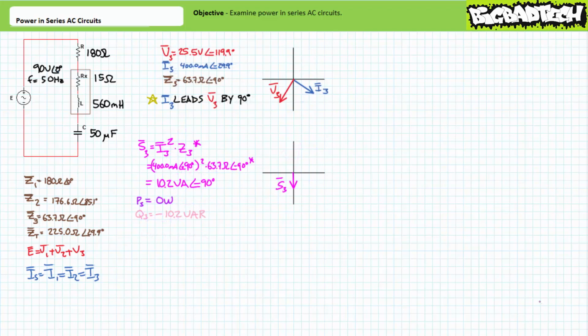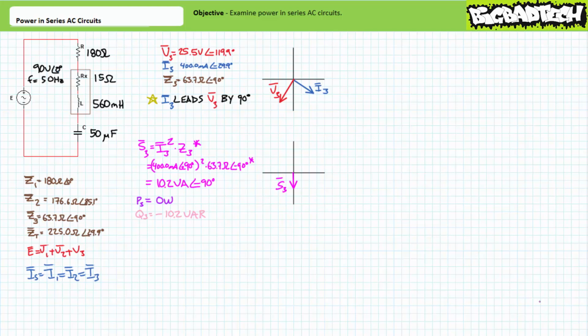It can be said current through the capacitor leads voltage across it by a relative 90 degrees. Let's use one of the alternate methods to solve for apparent power. Apparent power is the complex conjugate of current through the element squared times its impedance. Substituting our given values, we arrive at an apparent power figure of 10.2 volt amperes at an angle of negative